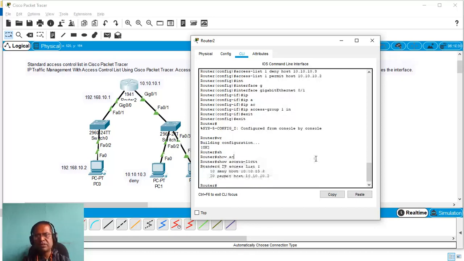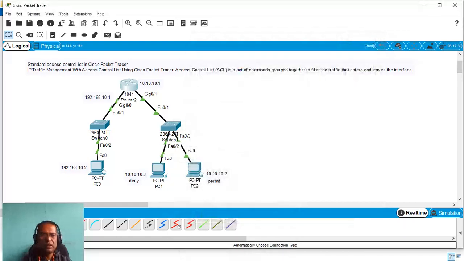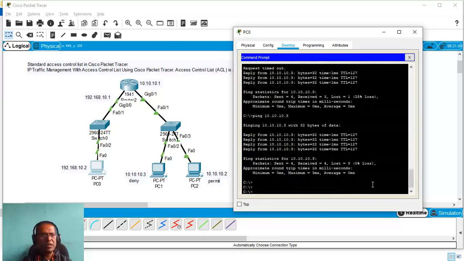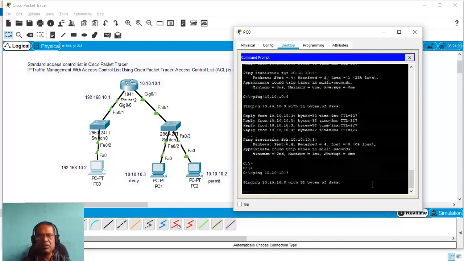So the next step is to check the connectivity between the devices. We have already completed the configuration, and we will see the communication between the devices. Let me go to this device, that is 10.10.10.2. Let me try to communicate with 10.3 now.